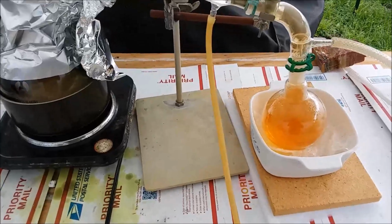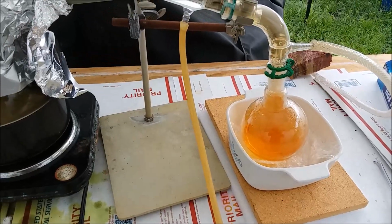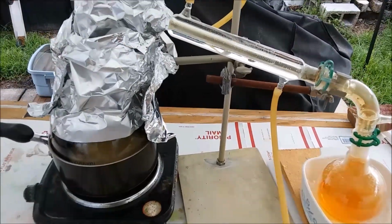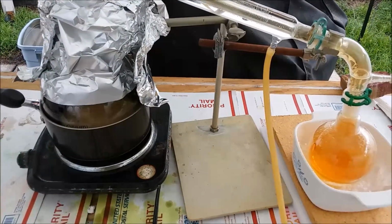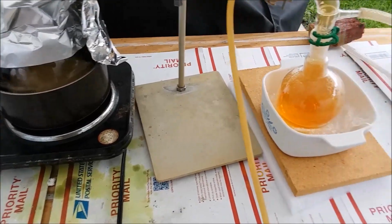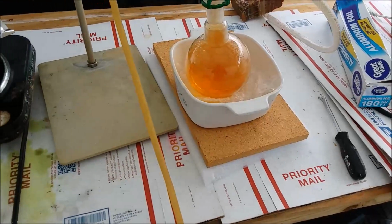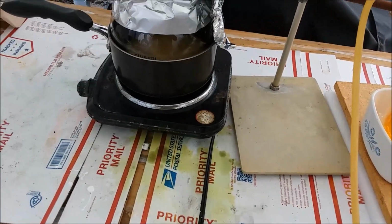Anyway, on this, the reaction has really slowed down. The drips are coming over pretty infrequently now. I think it's time to call it and shut this down. Let it cool off a bit so I can swap out the boiling flasks and start the second one going while the oil's still hot,